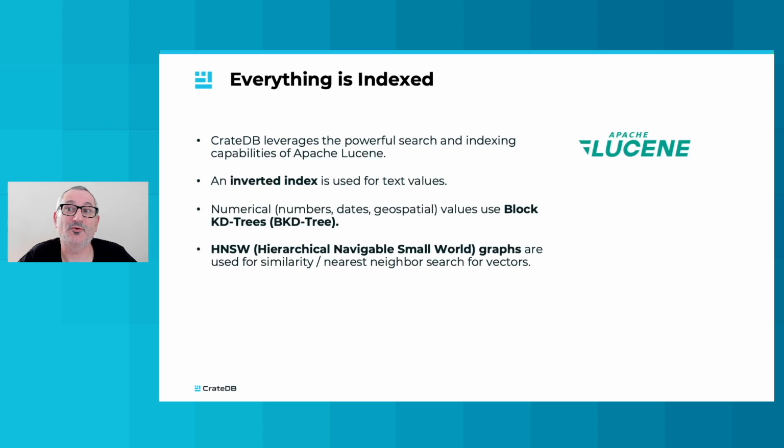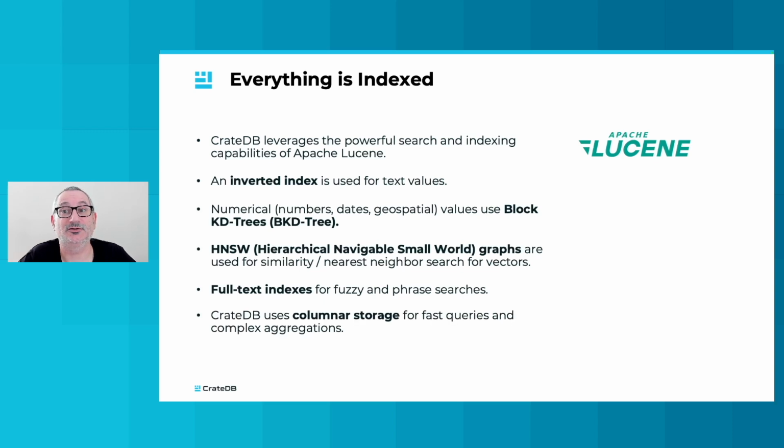Hierarchical navigable small world graphs enable efficient approximate nearest neighbor search, commonly known as vector similarity search. Full text indexes can be added to enable features such as fuzzy search, phrase search, and attribute boosting. CrateDB offers multiple languages, analyzers, and tokenizers, plus the flexibility to create custom analyzers and tokenizers. In conjunction with advanced indexing strategies, CrateDB uses a columnar storage approach. This facilitates fast queries and complex